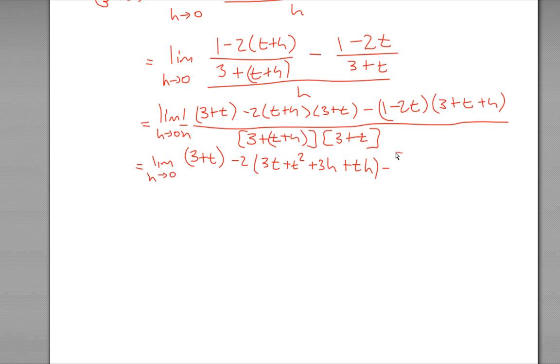So let's do this. 1 times 3 is 3. 1 times t is t. 1 times h is h. Minus 6t. Minus 2t squared. Minus 2th. Okay, so that's that FOIL, divided by